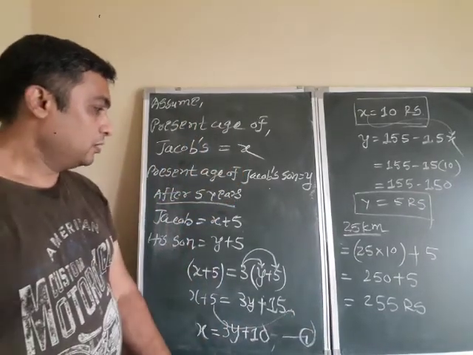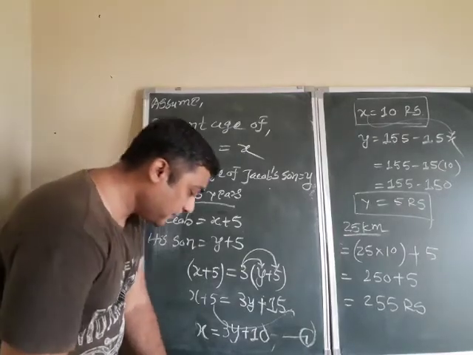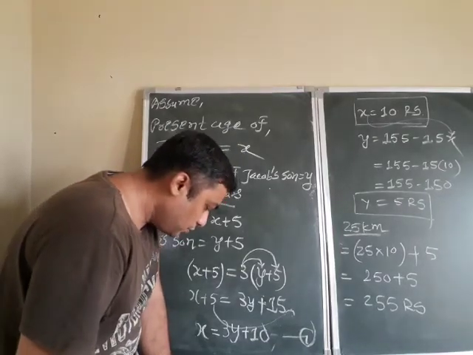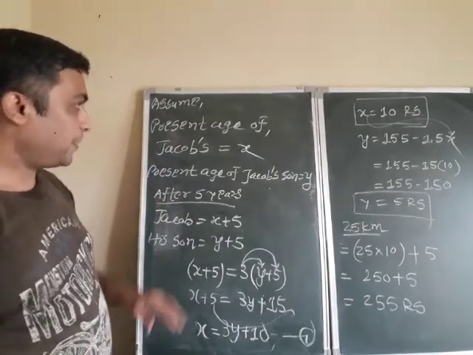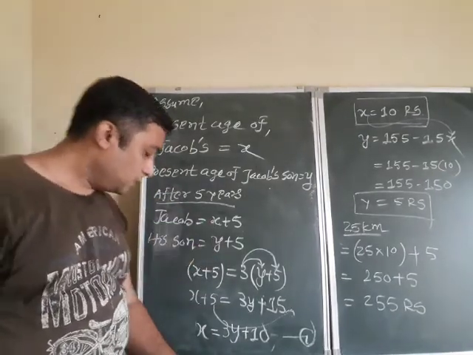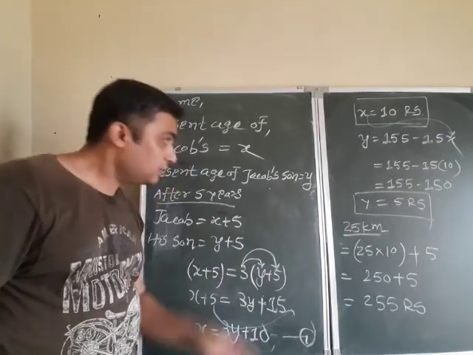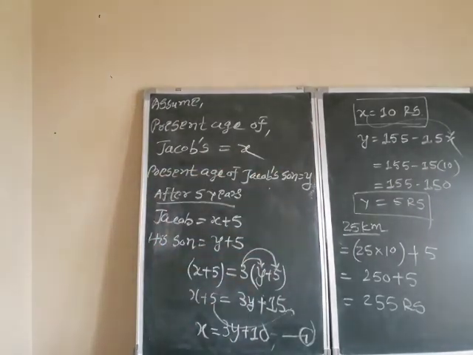Okay. Now see the next statement. 5 years ago. Now they are talking about before 5 years. Fine. So 5 years before, Jacob's age was...